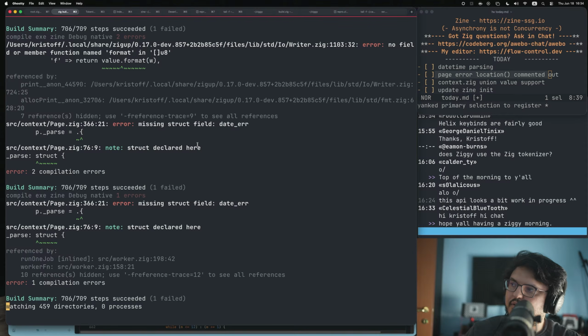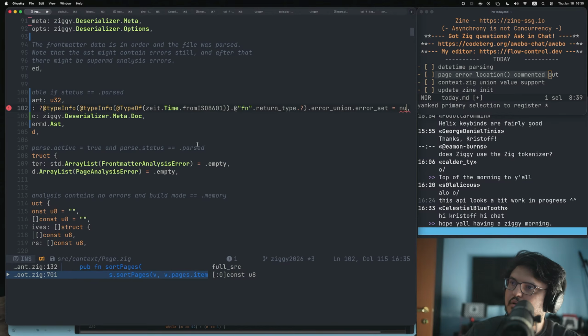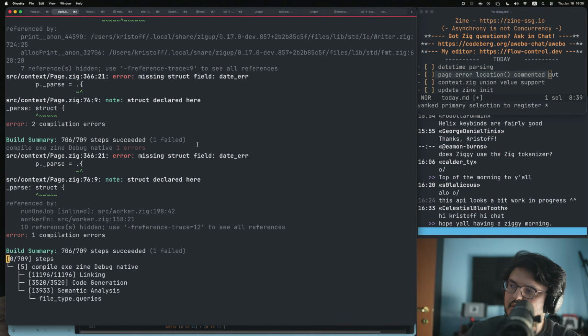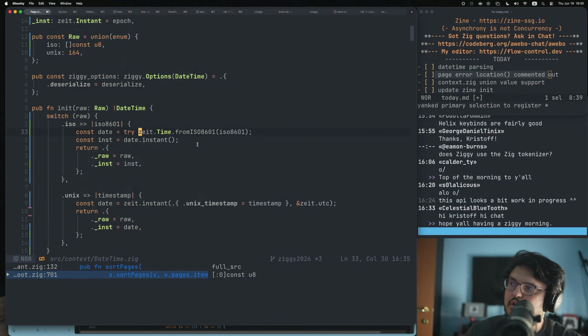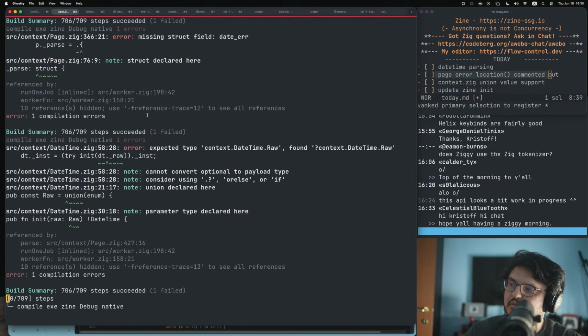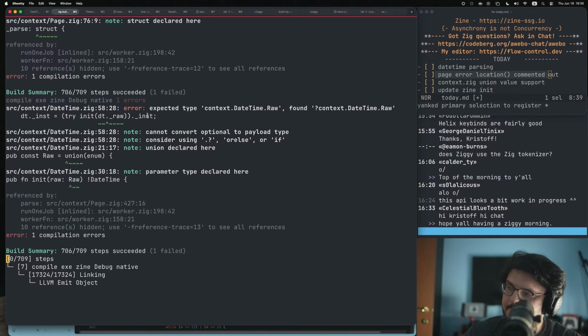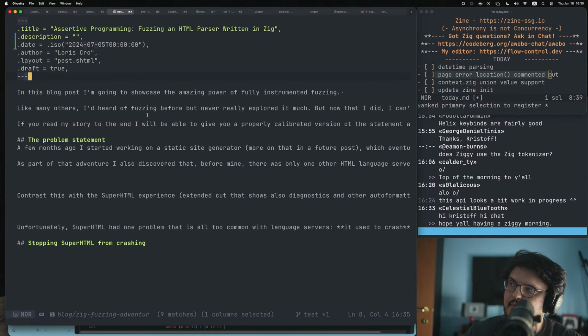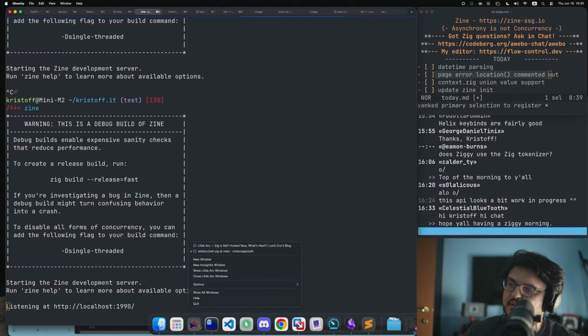Missing start field date error. Okay. Expected type daytime row, found optional daytime row. Right. Well, let's say that it is like this. Okay. So we're able to run this